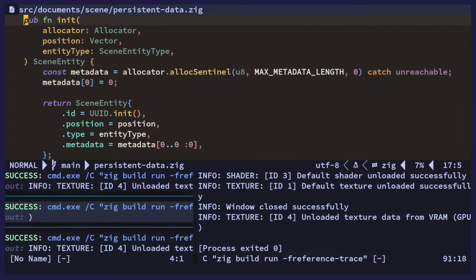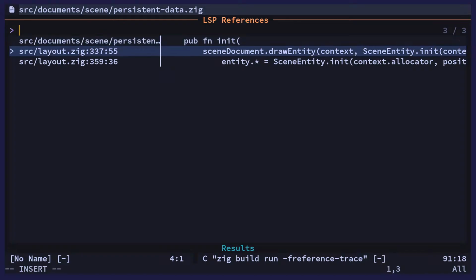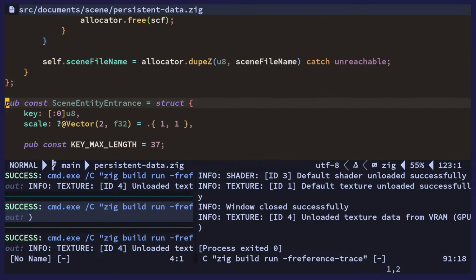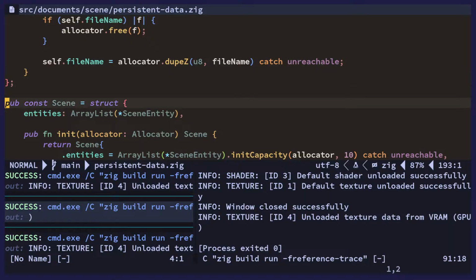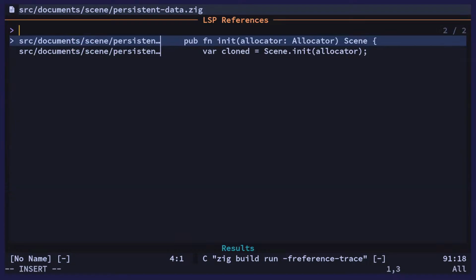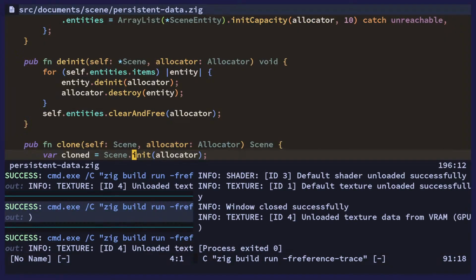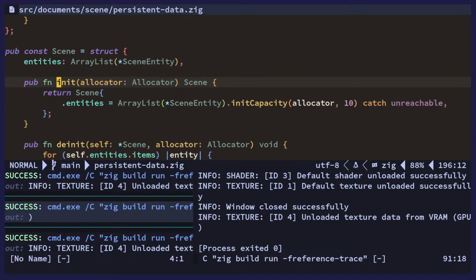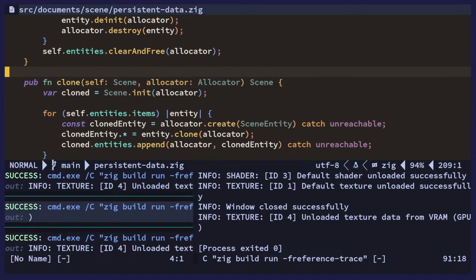Right. So this one. No, this is scene entity. Here we go. This one. Oh, but it's cloned here. But then do we really want to call init here, or do we just want to call